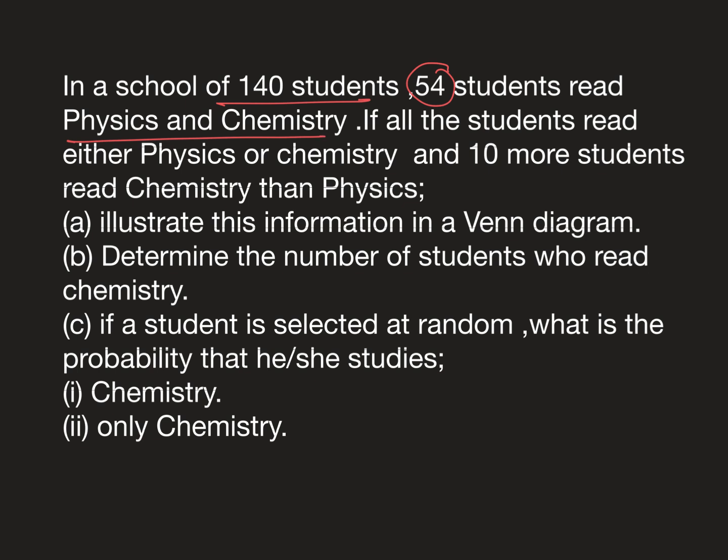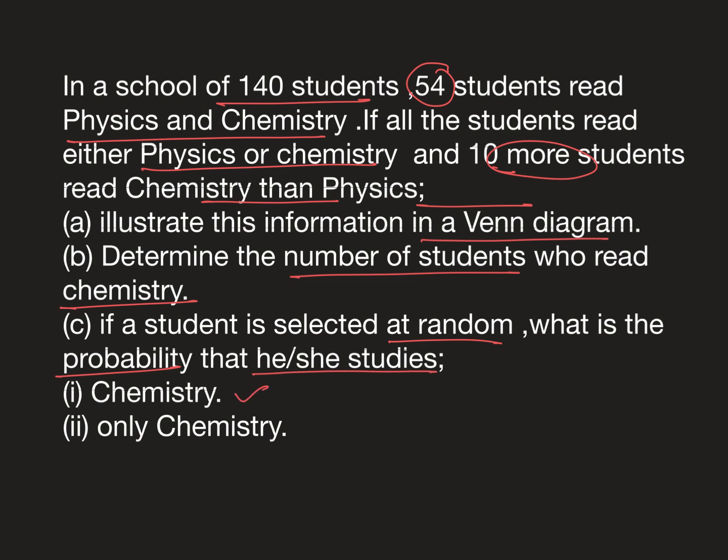If all the students read either physics or chemistry, and 10 more students read chemistry than physics. Illustrate the information in a Venn diagram. Determine the number of students who read chemistry. If a student is selected at random, what is the probability that he or she studies